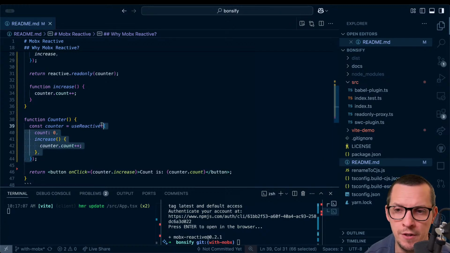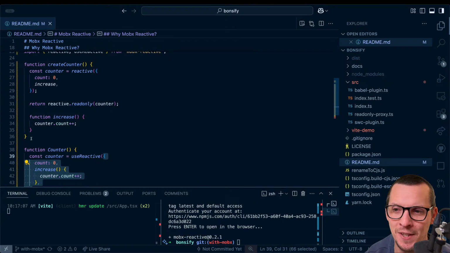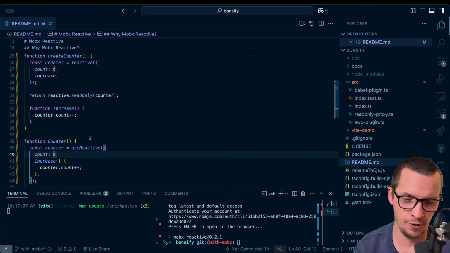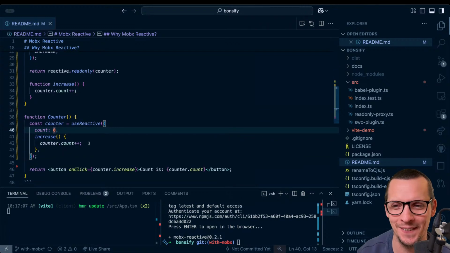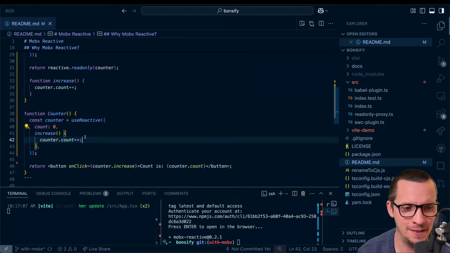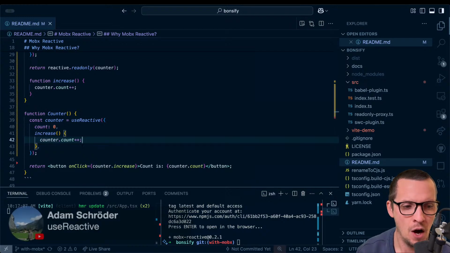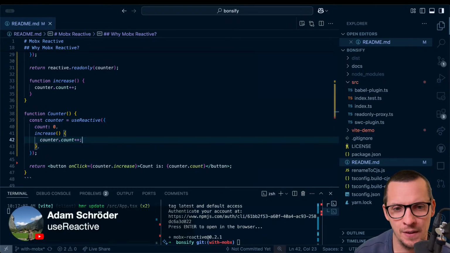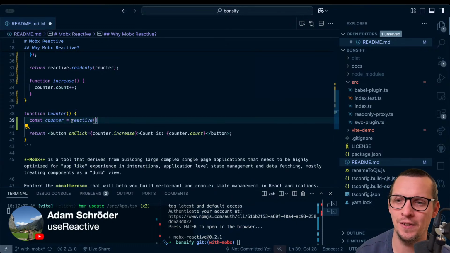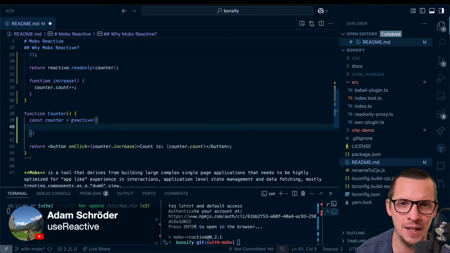Yeah, I would never use this. I would always use this. But there's something about consistency. It's more of a marketing effort. As I said, there's no benefit to this. Oh, use reactive. Yeah, but we can't just do this, right? Because it's going to recreate the state every time.